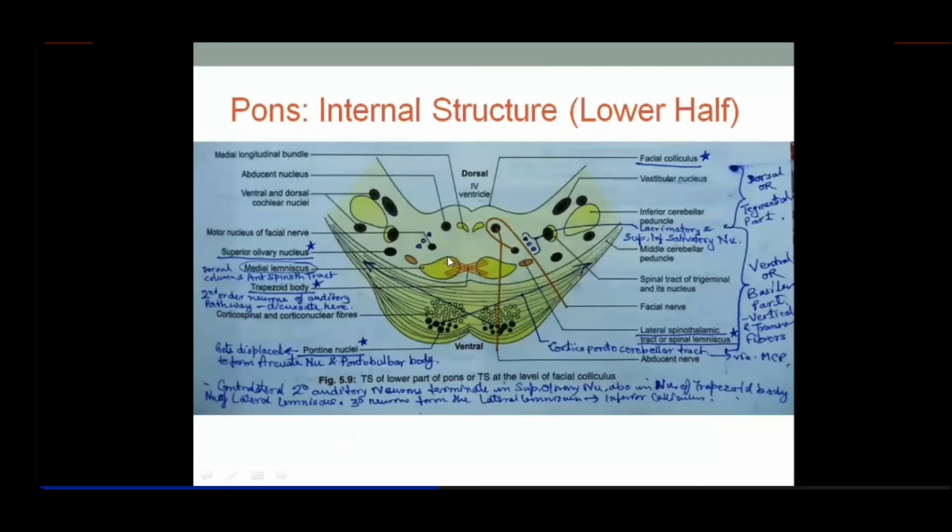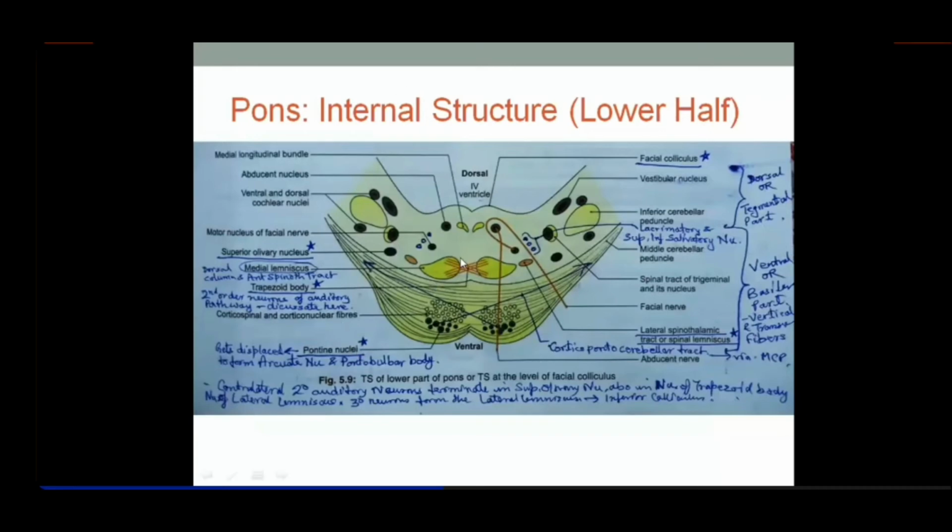Then here you find is the medial lemniscus. Compare it with that if you have memorized the mid section of the medulla and then the upper section of the medulla. There you find that at the middle of the medulla, the fasciculus gracilis, fasciculus cuneatus, then from this to nucleus gracilis and cuneatus, these fibers were decussating in the median plane and reaching down to form this medial lemniscus, and that was called the internal arcuate band, the section of sensory decussation.